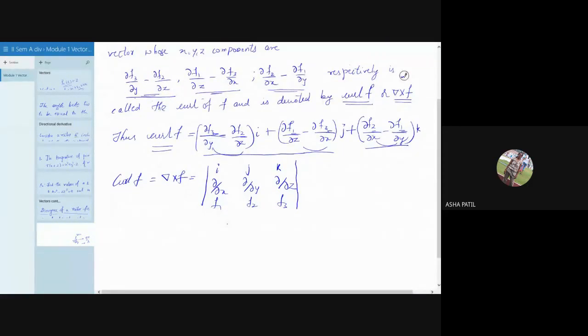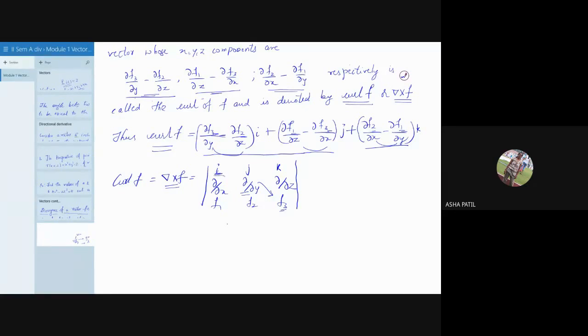What happens if you expand this determinant? I into will go for operating this on this. Actually, you'll be multiplying. You can't see that this does not actually denote the cross product, because here we are operating this operation on the function, not actually multiplying. So we don't call it actually the cross product.